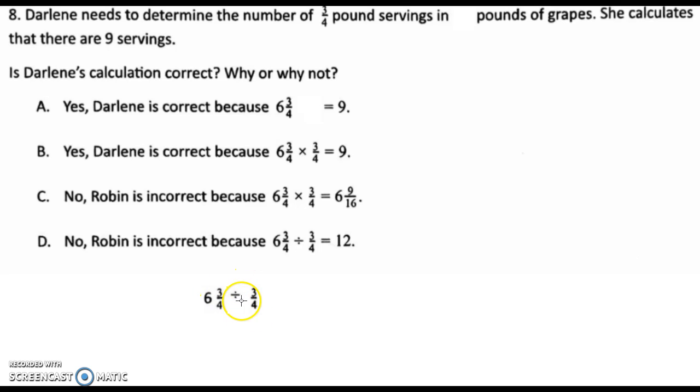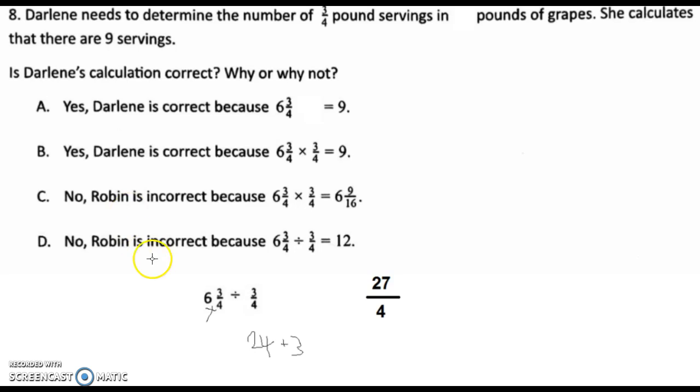We can't divide with a mixed number that way, so we need to turn this into an improper fraction. If you guys remember, what I like to do is keep my denominator the same already. We know it's going to be something over 4, right? So what's 6 times 4? That's going to equal 24. And then plus the numerator. So what's 24 plus 3? All my mathematicians out there should have said 27. So we have 27 over 4